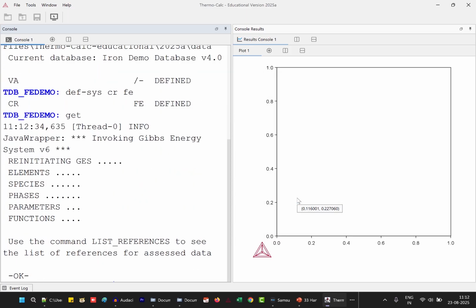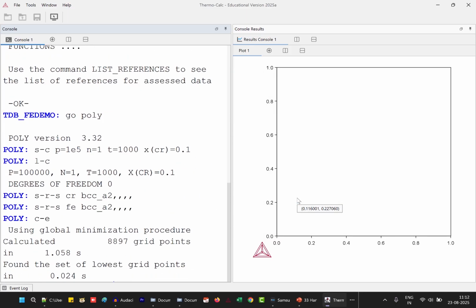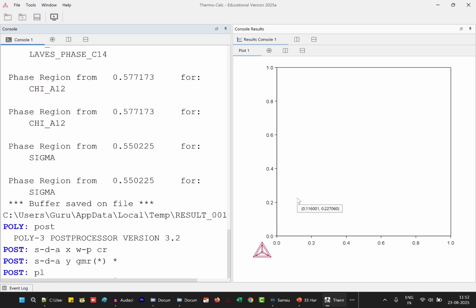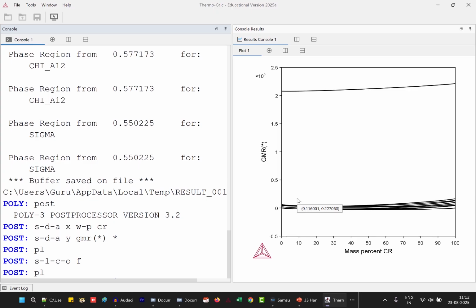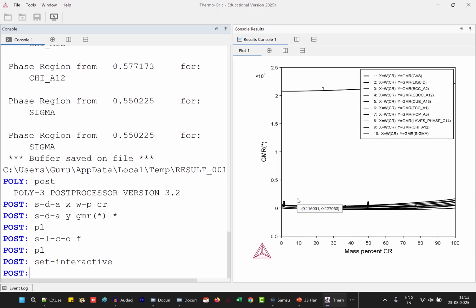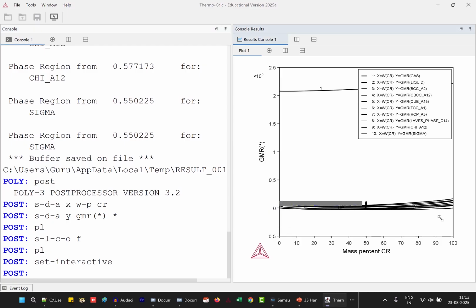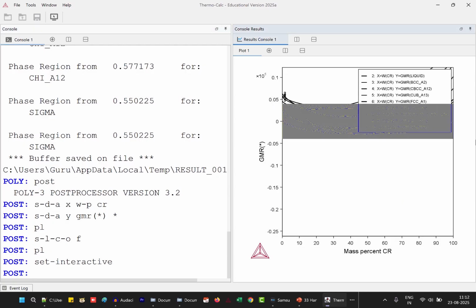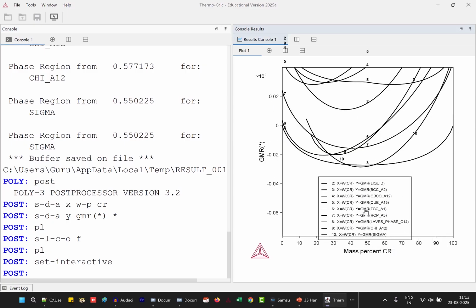So we required few changes to do in this calculation compared to the previous calculation. So take the macro file from the previous calculation, add things that you want, edit things that you want, then plot the diagram. Now you got the diagram. If I zoom into this zone, I will see that the BCC curve starts from 0, ends at 0. You can see curve 10 is for sigma, curve 3 is for BCC A2. Okay, curve 3 starts here at 0 and goes up to 0.